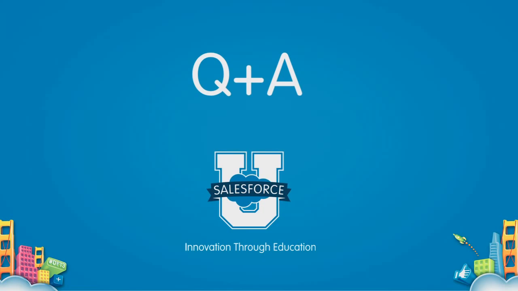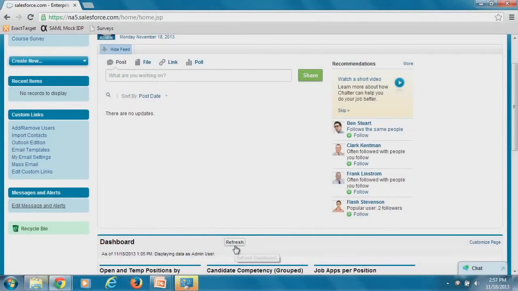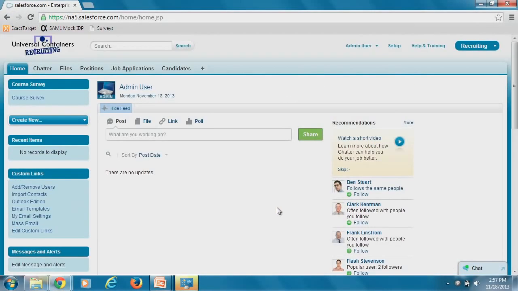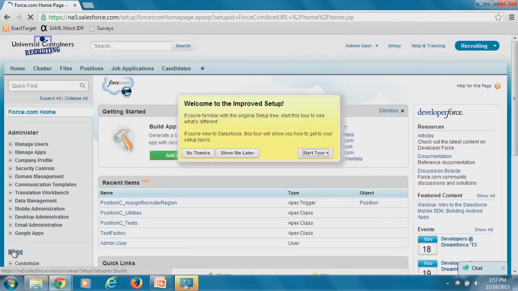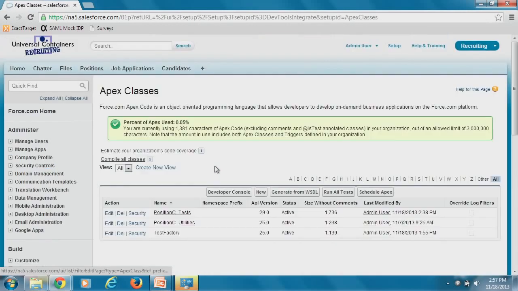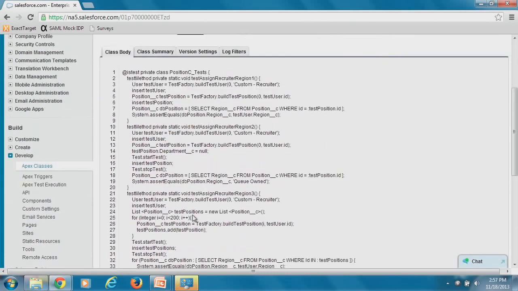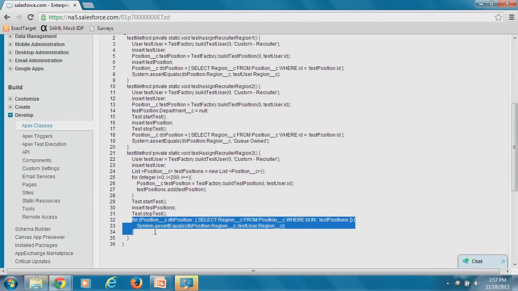Jody, can you go back to the exercise? Yes. Thank you. Which is, go back to setup. Develop, classes, and that should be on the test class, I think. The first one. The test class. Now scroll all the way to the bottom. Yep, the last method. So let me talk about this for a minute, because I kind of mentioned it, but